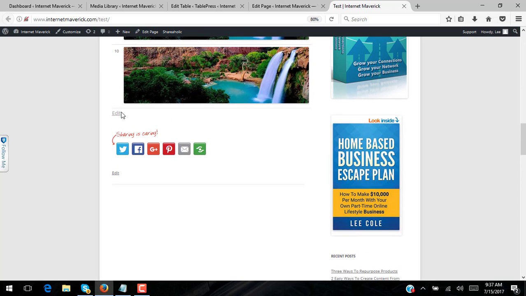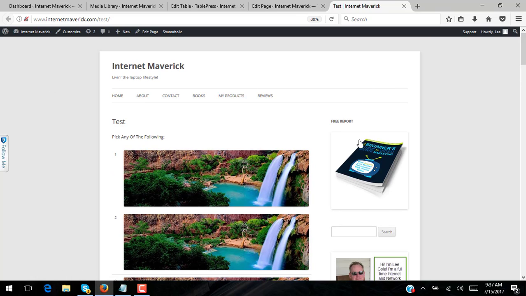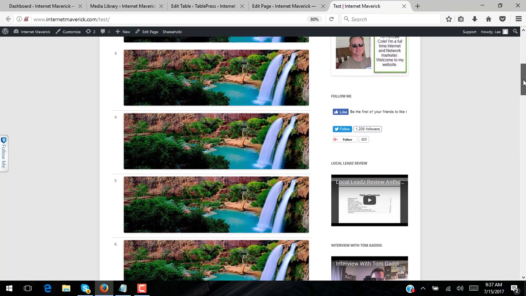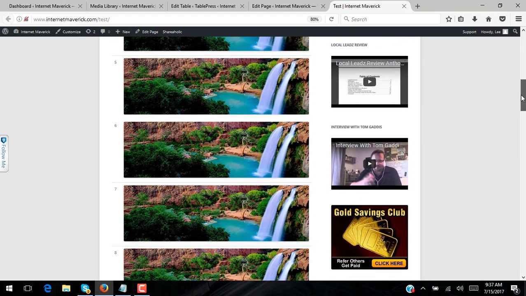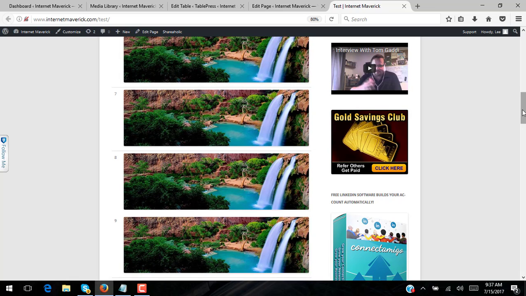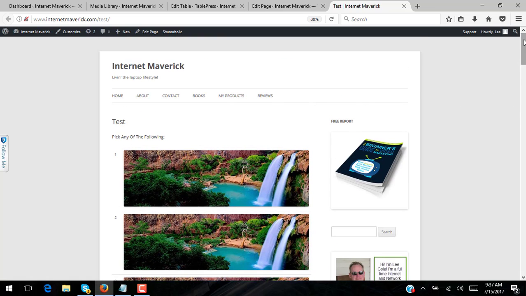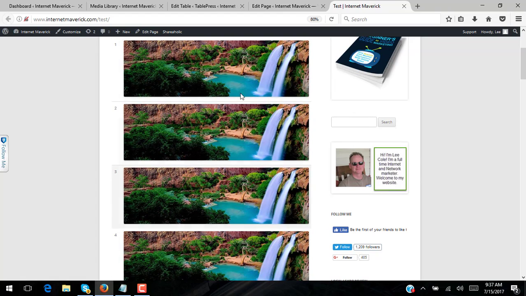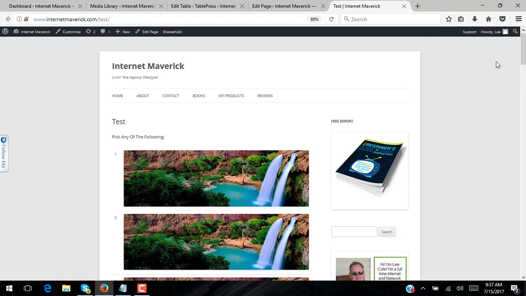Now, you won't see the edit button. I'm logged into this site, so that's why I'm seeing that edit button. The people that you send here are not users of your site, and they won't be logged in, so they're not going to see that edit button. And again, we get the framework of the WordPress site. There are some plugins that will get rid of this. You can research that on your own. I'm just here to give you the basics of what you need. But it's fine for you to have a WordPress site with a little bit of stuff on it, and just put this right here. Okay, so that is how you make a page with a bunch of pictures,